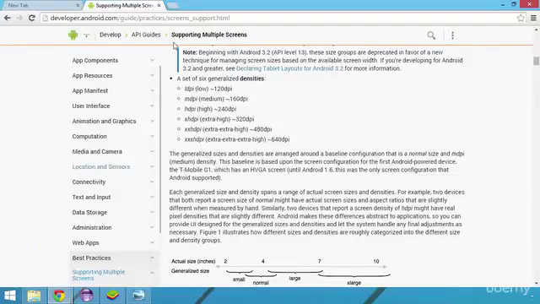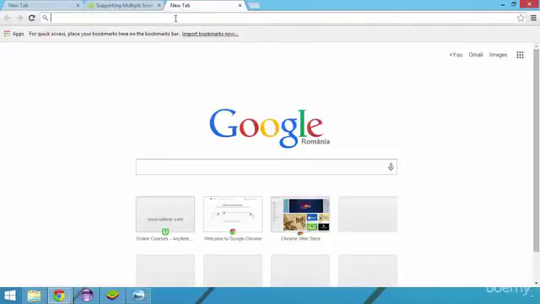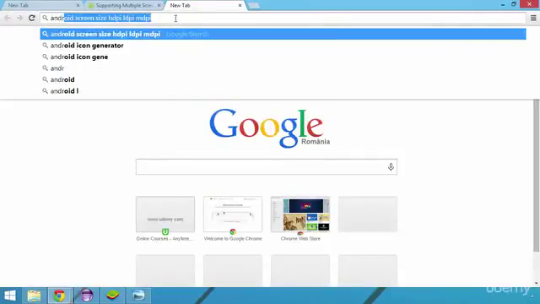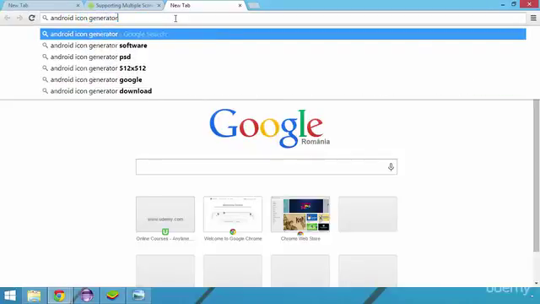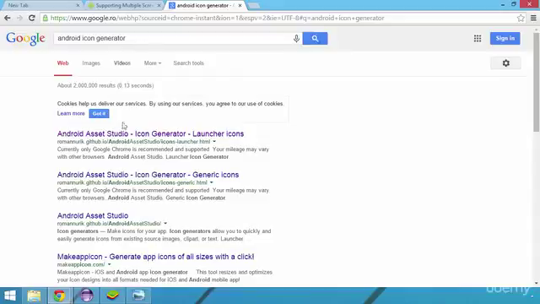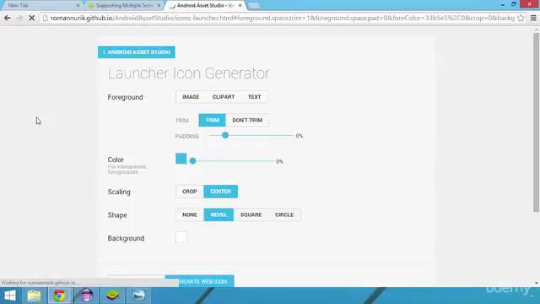It resizes our images to make it compatible with our game icon. So, I will open up a new browser tab and will search for Android icon generator on Google. The first link in the result page, called Android Asset Studio Icon Generator Launcher Icons, is the one that we are looking for. By accessing this link, we are presented with a web interface that we can use to upload